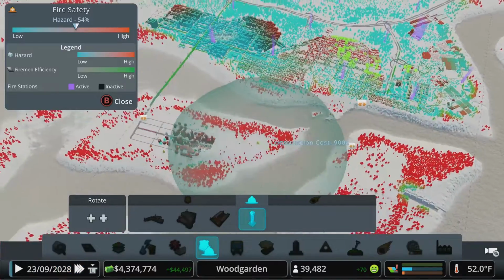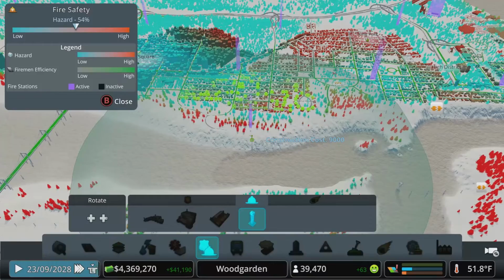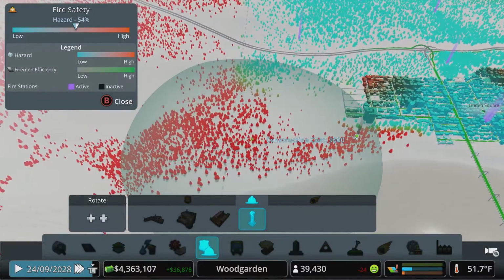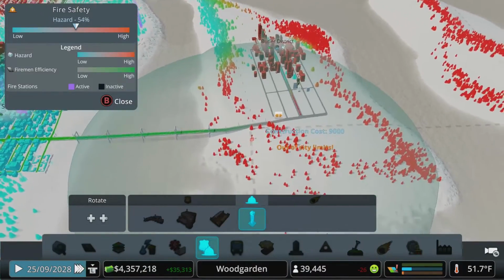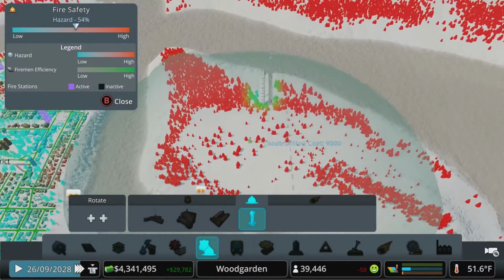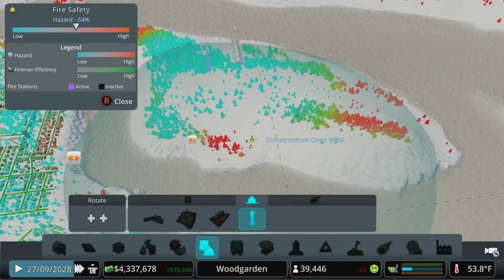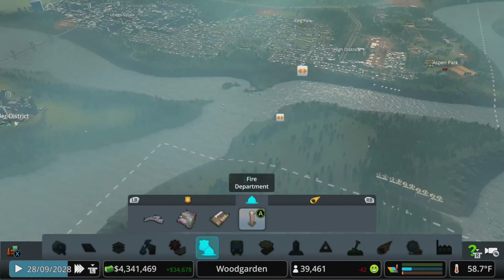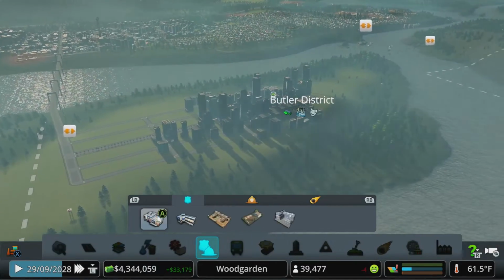So pretty good coverage there for all our trees. We'll throw one out here. Pretty good, pretty good, pretty good. I like it. And then let's get some coverage down here in this area. And here. And heck, we'll throw 2 on this island for now. We've got the money. There's a little bit of upkeep cost, but I don't want my map to burn down. And the game likes to test me on that, so